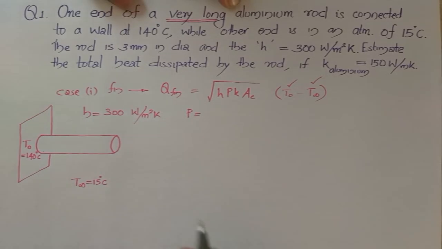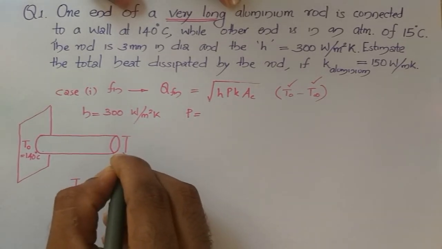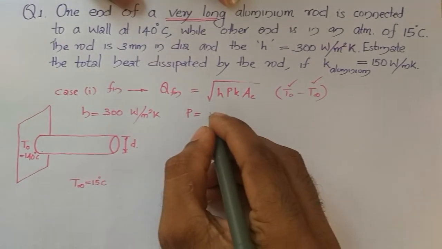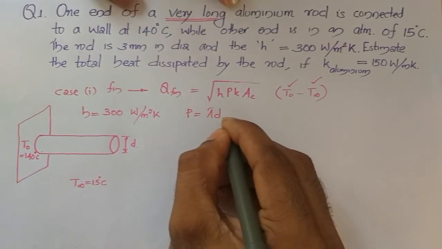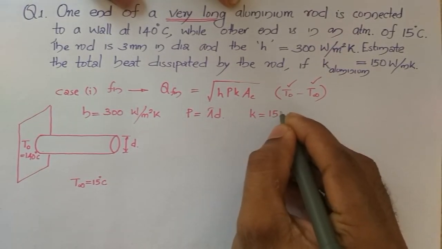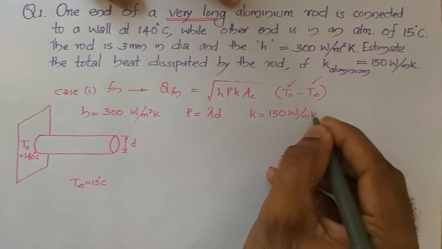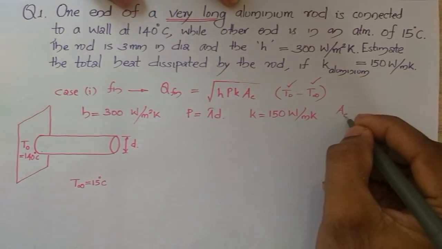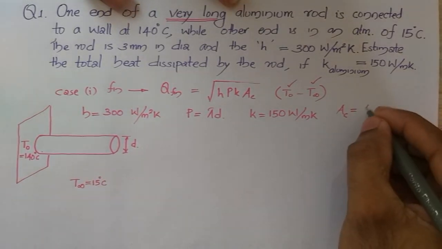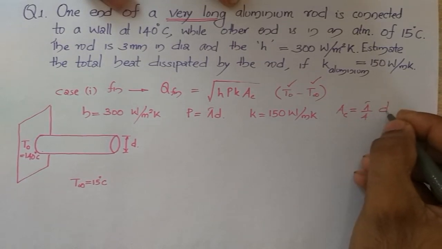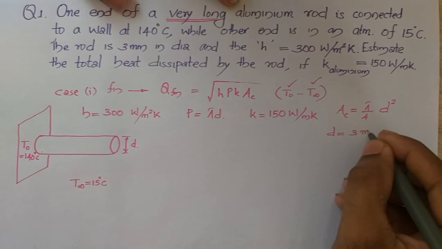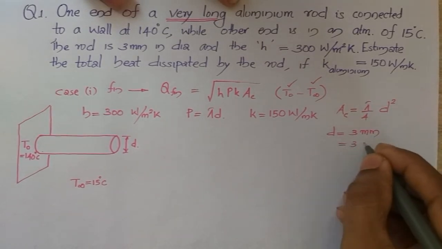Next you have to find the perimeter. So here you are having a circular fin or pin fin which is having diameter d, for which the perimeter will be pi times d, and the k value is given, which in SI units is 150 watts per meter Kelvin, and Ac is the cross sectional area of the fin. Here we are having a circular fin, therefore the cross section is pi by 4 into d square, where d is the diameter of the pin material, which is 3 mm, or in SI units 3 into 10 raised